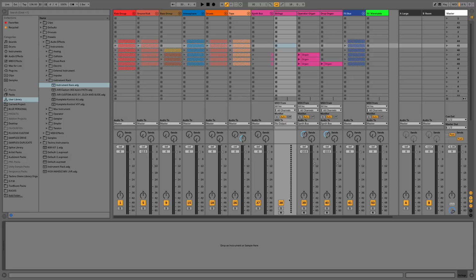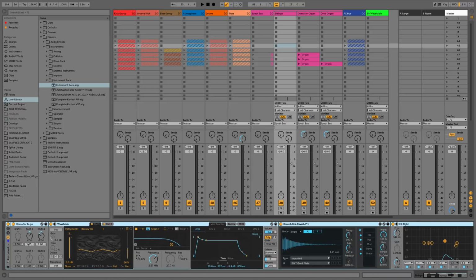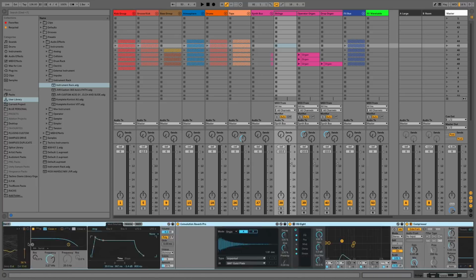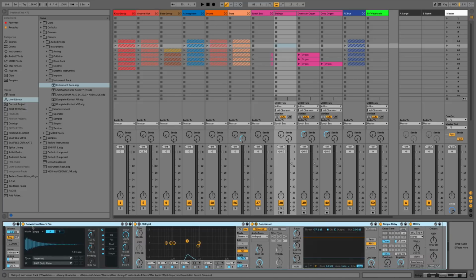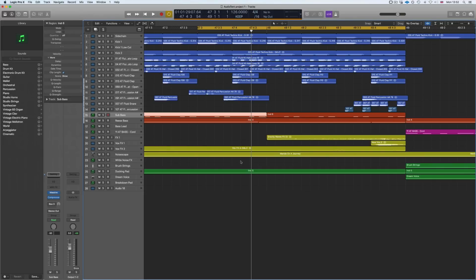absolutely nothing on it, it's just reverted back to MIDI, all I have to do is drag my instrument rack into the channel strip, and then it will populate along the device view there across the bottom exactly as it was before. And you can do this for multiple different parts. You can do it for instruments, MIDI effects, or audio effects, or all three. So in this case, this is a combination of all three in an instrument rack.